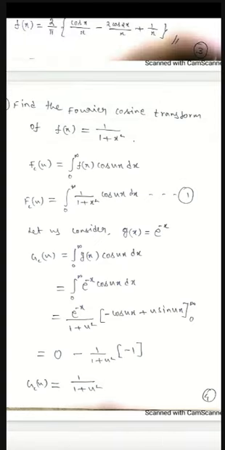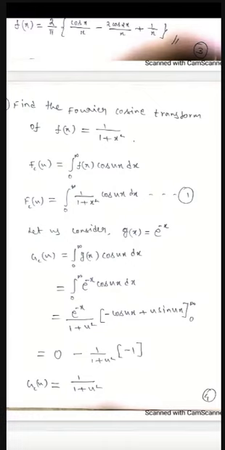If three variables were there, I could apply differentiation under the integral sign, like the last problem. But here there is one variable, and cos ux by 1 plus x square is very tough. You can try it. So that's why I applied another method. What is the method? I have simply taken g of x is e power minus x. What is the logic behind taking g of x as e power minus x? I have not taken e power minus 2x, or sine x, or whatever. Why have I opted for e power minus x?